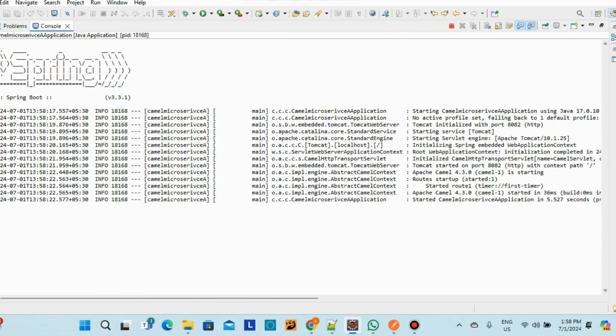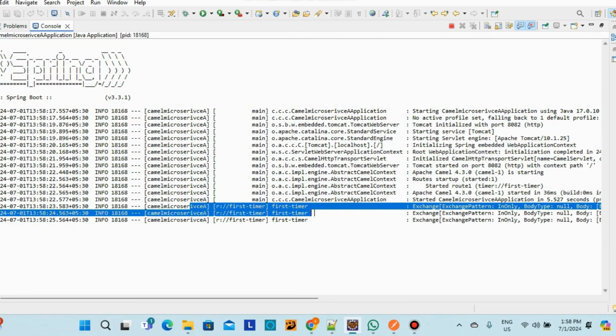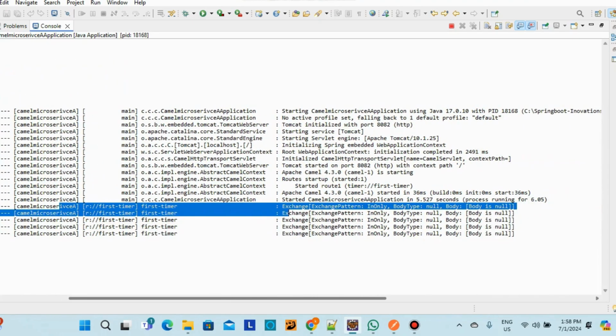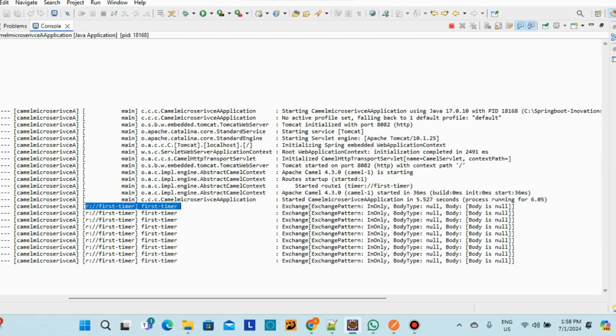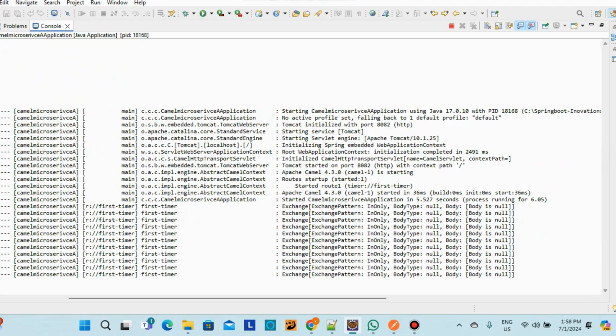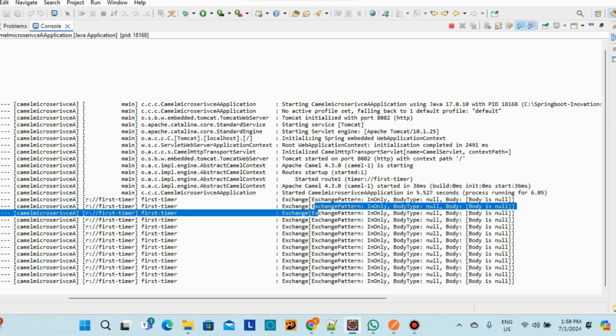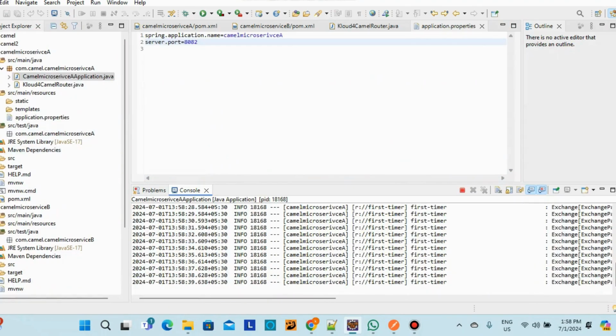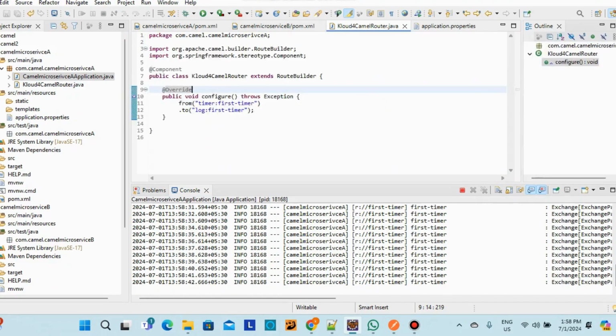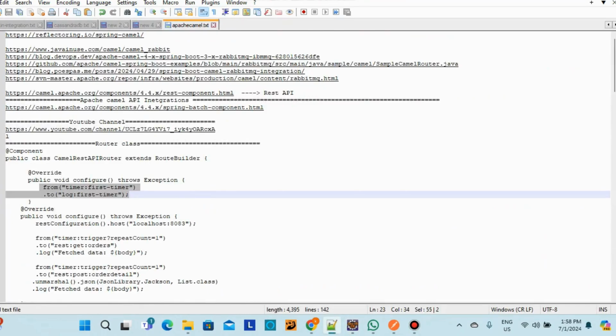Yeah, it's running. See, the router is created, so every time it keeps printing, the body is null, but the router is created, it's calling the first timer, and log printing that, right? So this is a very simple router I created. It's a time based router. It's reading the timer and then logging the time, right? So this is the first one, and then I'm just going to create